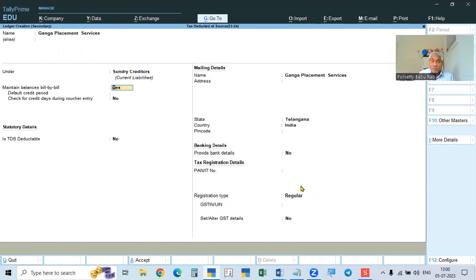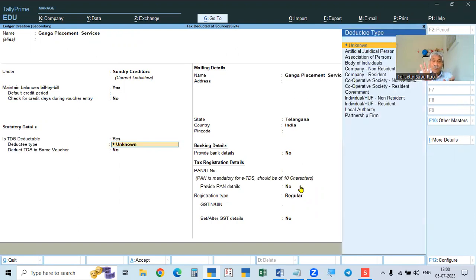Then the nature of payment will come later. In this party ledger also we have to see, is TDS applicable? Yes. Party ledger, 4 to 5 places. One is F11, remove that, others 4. Nature of payment, we can do it in the service ledger also. We have to enable it there. So party ledger, service ledger. Then in the service ledger, nature of payment, then tax account, that is TDS payable account. These 4, in addition to the F11 features, we have to do.